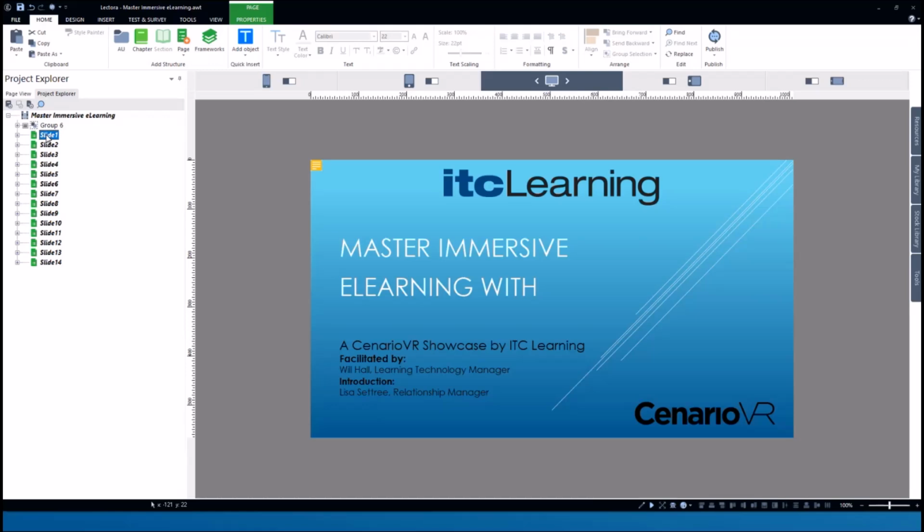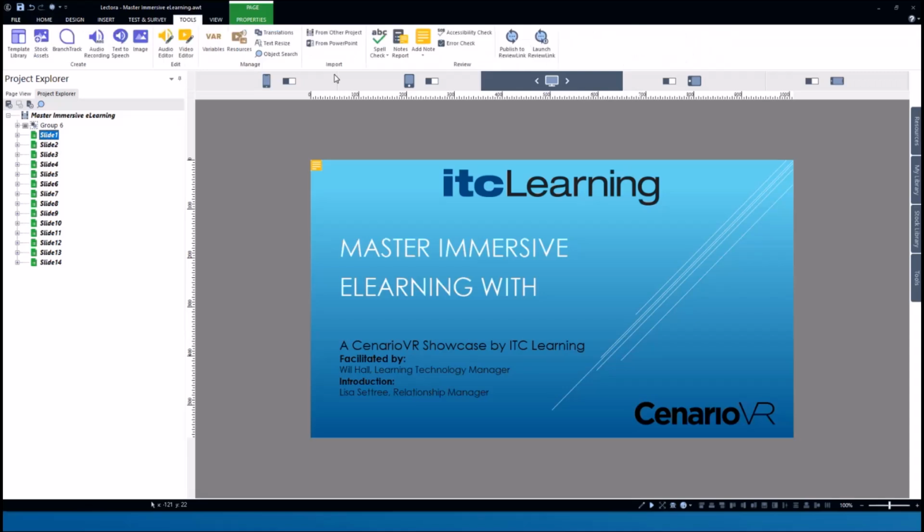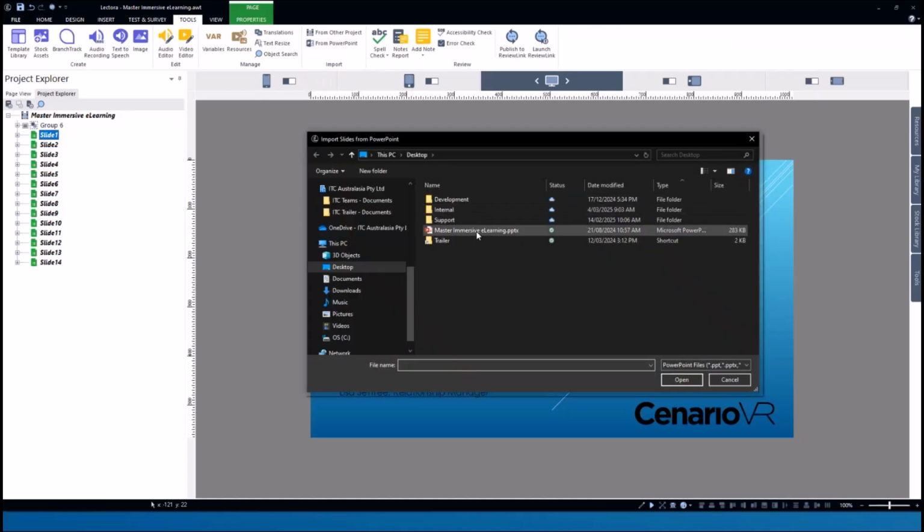So if you specifically had a course set up and you wanted to just add one single page from a PowerPoint, at any point you can go up to your Tools tab and go Import here from PowerPoint. A similar sort of setup. We'll go in and find the PowerPoint I want to use, select it there, open it up,